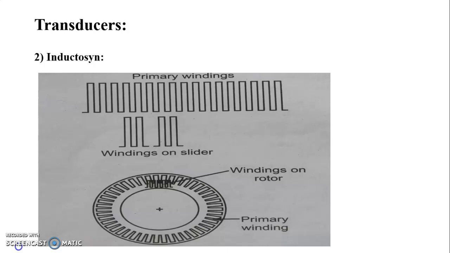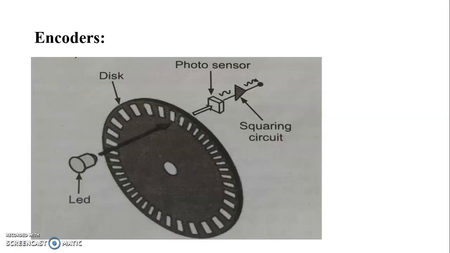Now the next feedback device is the encoder. Encoders are devices that are used to convert rotary or linear motion into electrical signals that are then converted into position or speed information. It is a position feedback device that measures rotary or linear motion of the motor. They are classified as magnetic, contact, resistive, and optical encoders. Optical encoders are most commonly used due to their availability and good accuracy.